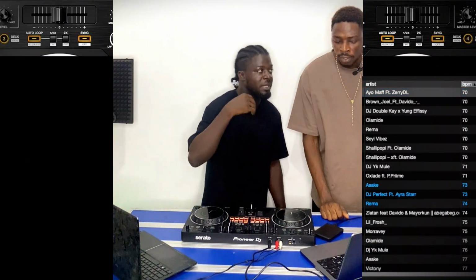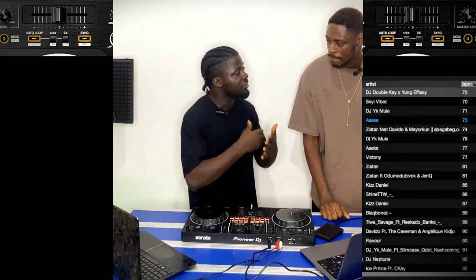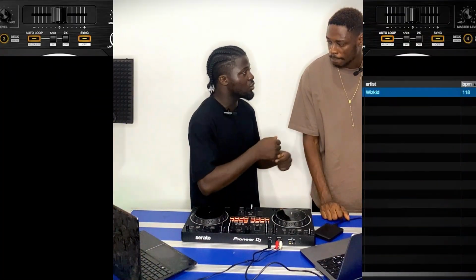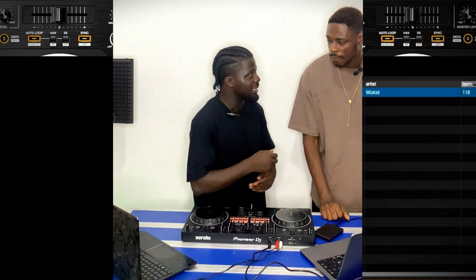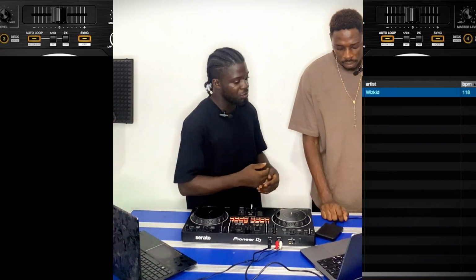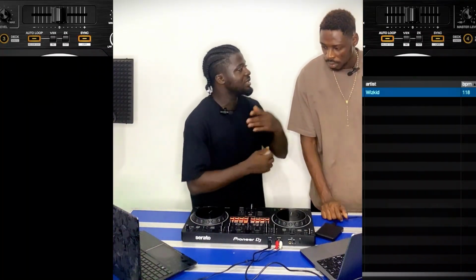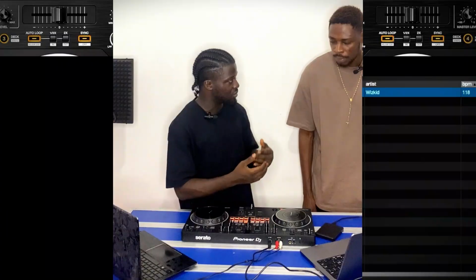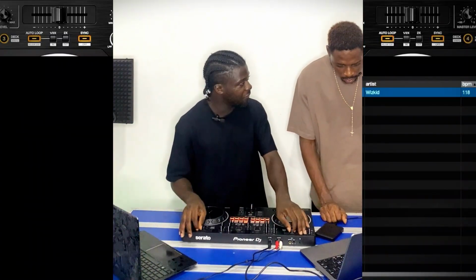Every song, from the production and creation process, as they are recording the song, they are recording it with a BPM, a speed for how the song should be. But now as a DJ, you can increase the speed, you can slow down the speed of the song. You understand? That's why we have the tempo faders.